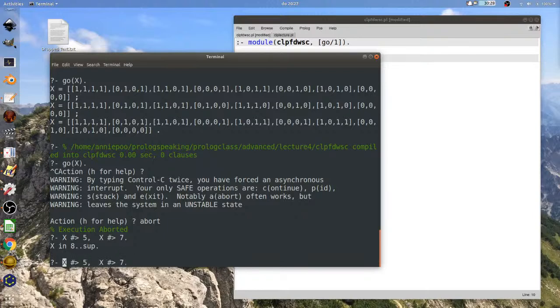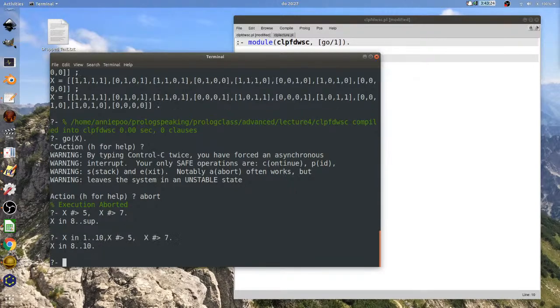I'm going to say x in 1 through 10 to make this more obvious. Okay. So I constrain x into a domain, and then I insist that x be more than 5, and then I insist x be more than 7. Notice that all I've done is made x have a smaller domain.